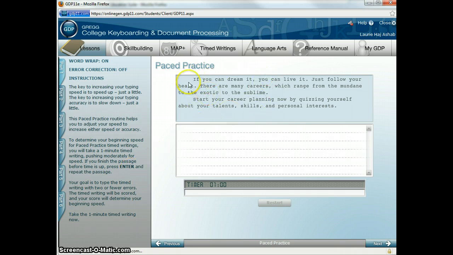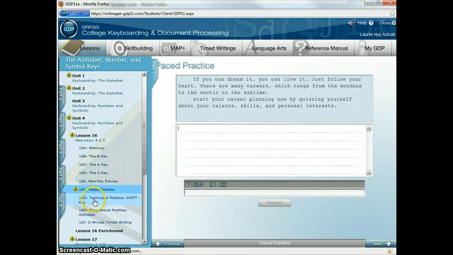So here you go, and you're also going to be practicing your tab key. Your goal is to type the timed writing with 2 or fewer errors. The timed writing will be scored, and your score will determine your beginning speed. Okay, and then it tells you to take the 1-minute timed writing now. So that's your pace practice. Okay, they become quite challenging, but it's going to help you increase your speed and decrease your